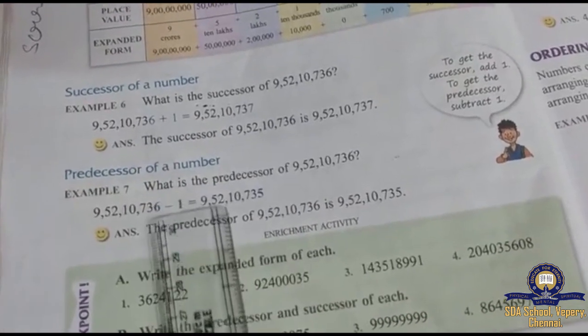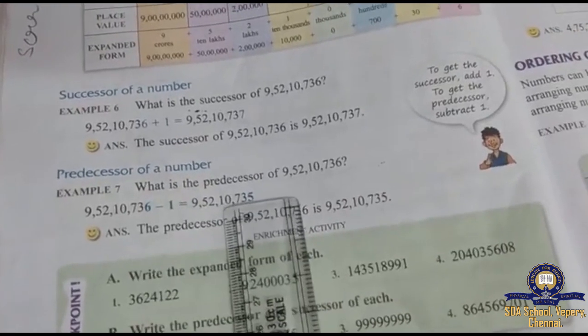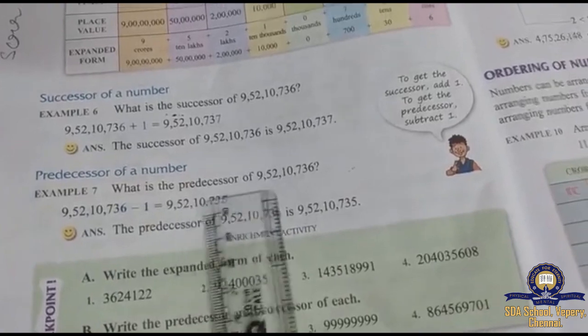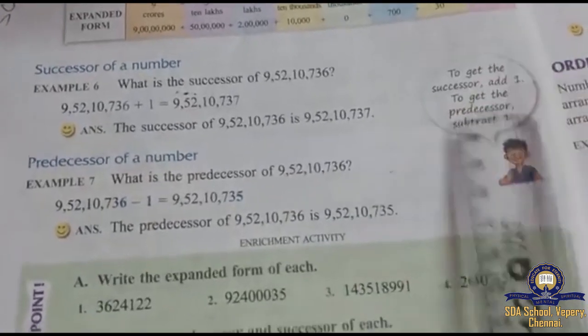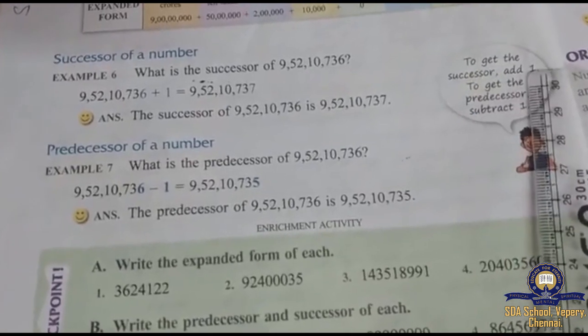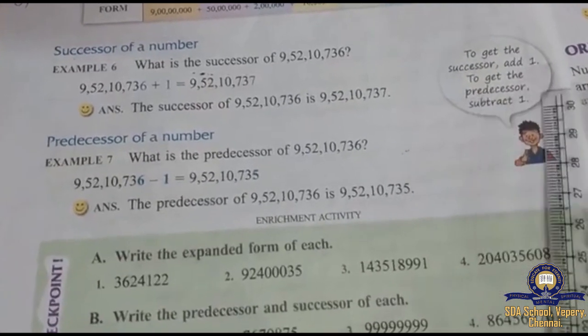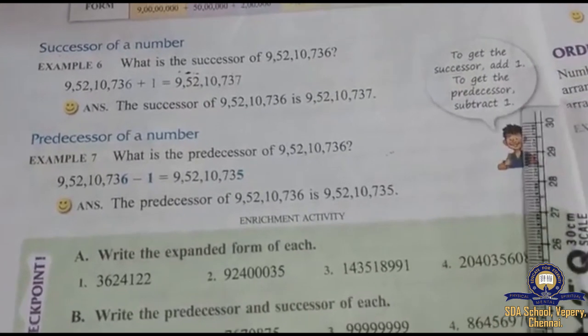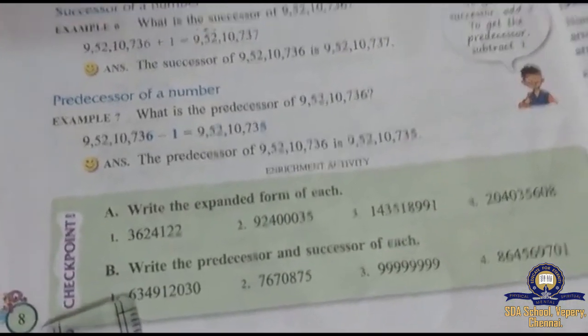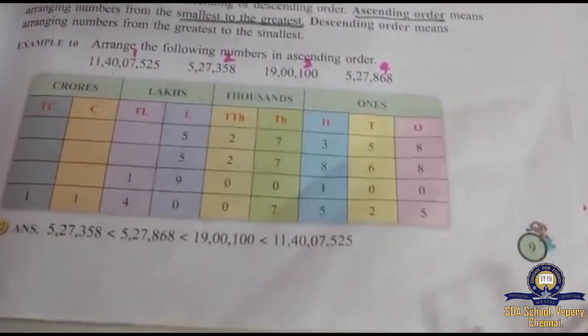Successor of a number: we add one to the given number. Predecessor: we subtract one from the given number. Got it? See, the hint is given. To get the successor, add one. To get the predecessor, subtract one. Remember this, and we are on page 8. I hope you understood this. Now, if you come to page 9,